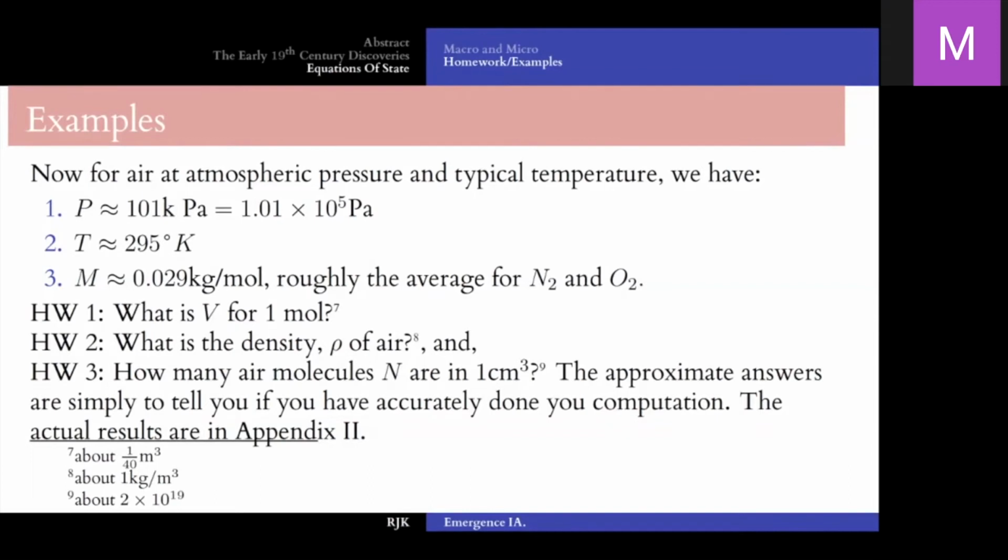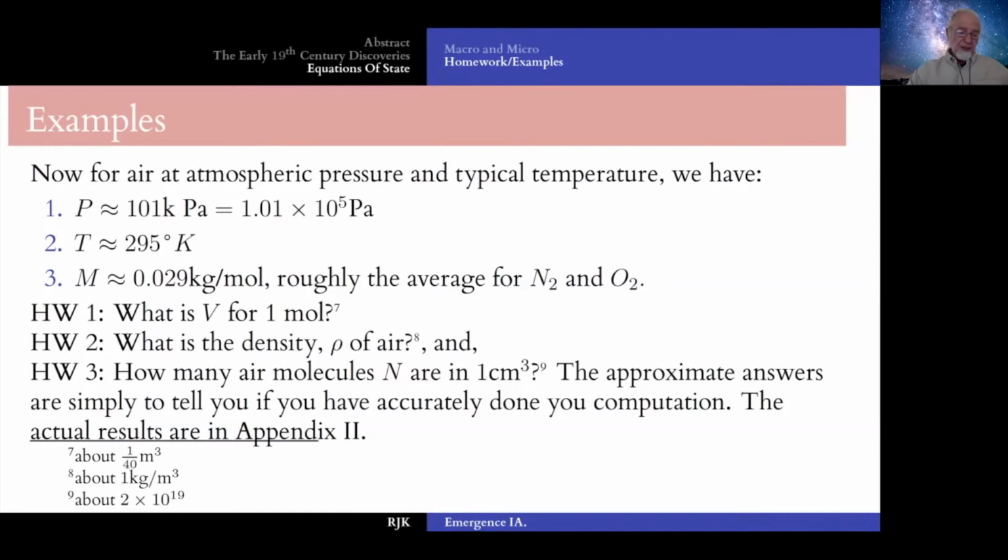Now, I've given you here rough answers. The first one is about a 40th of a meter cubed. The second is about a kilogram per meter cubed. And the third is about 2 times 10 to the 19th. However, the actual results are in Appendix 2, and you should try to work out these